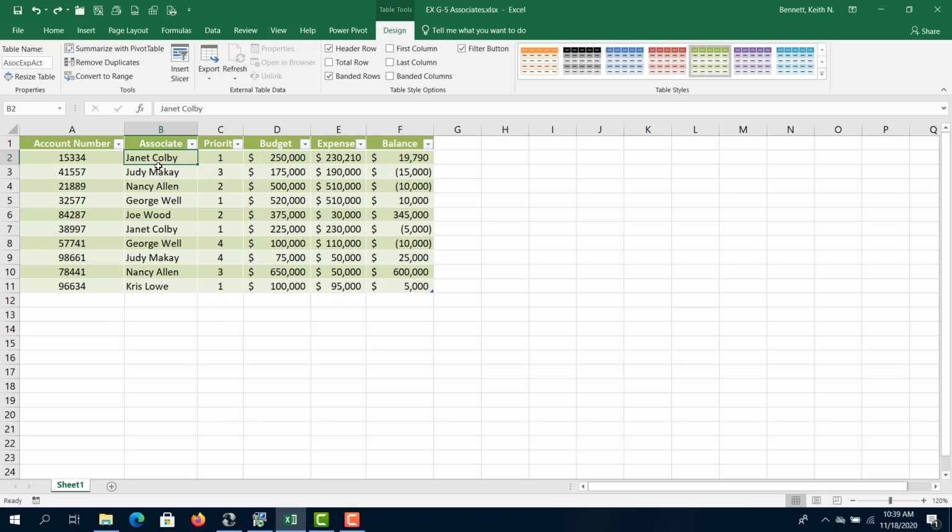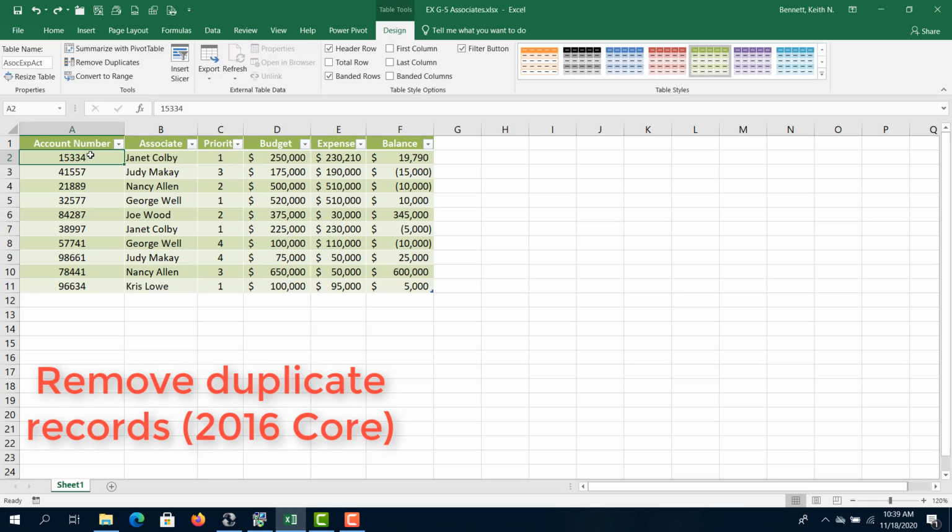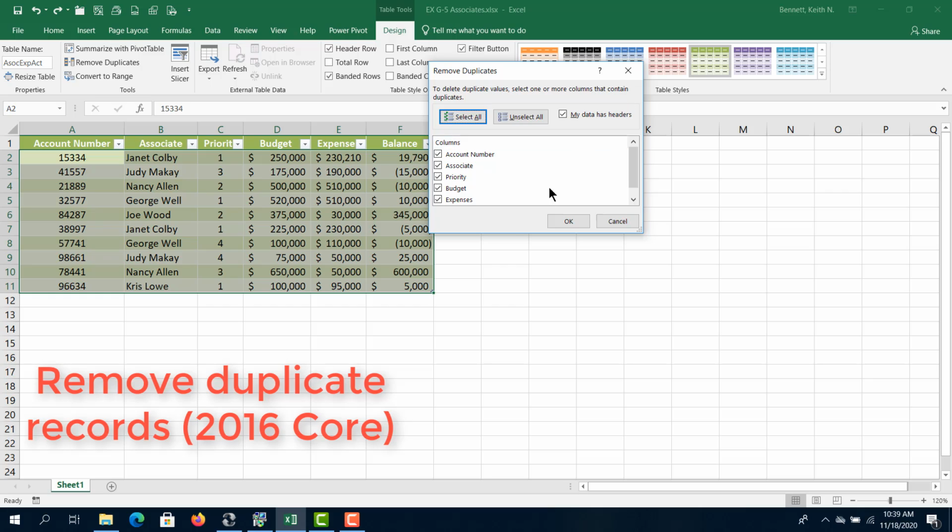Now, in reality, we may not want to remove any duplicates because they have different account numbers. I think if you had an associate that had the same account number, that would just mean that the information would have been duplicated inadvertently, and you'd want to delete one of those. But what I want to do here is click inside this table, and then click remove duplicates, and it's going to ask me here,